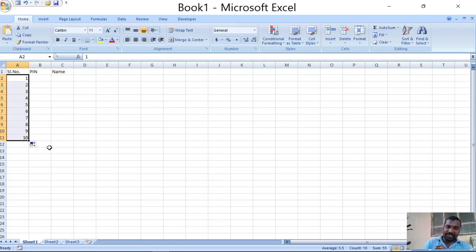Why only 10? Because I have selected only 10 rows, so every row is filled with a sequential number. If you want to continue, you can by selecting the fill handle.